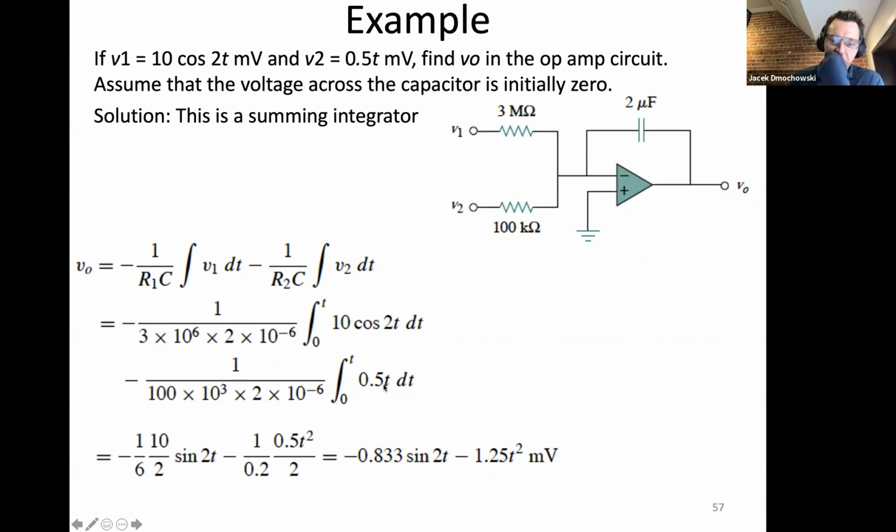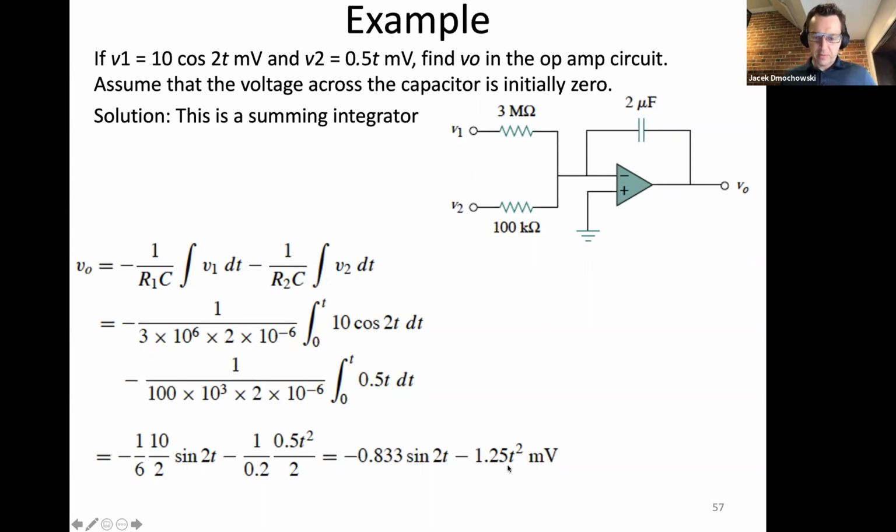And the integral of 0.5 t is equal to 0.5 t squared over 2. So when you evaluate those terms, you get a resulting output of negative 5.6 sine 2t minus 5.25 t squared, all in millivolts. So you get a summation of a sinusoid, which is bounded between negative 0.833 and positive 0.833,